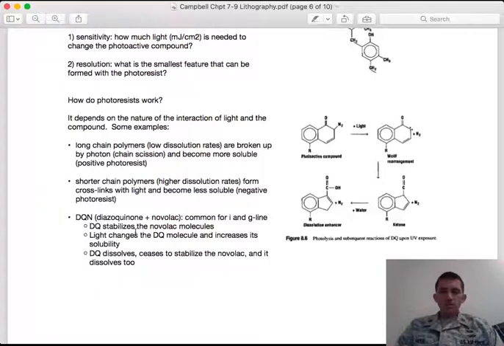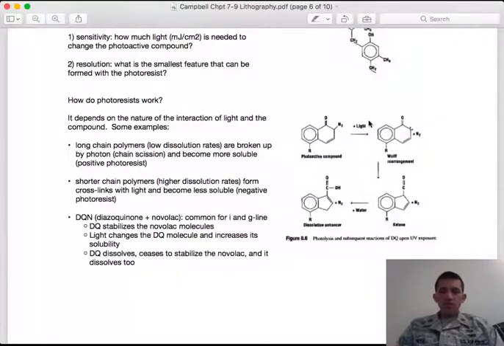A common system, and one that illustrates another way of building a photoresist, is this DQN system. So this is diazo, quinone, and novolac. Novolac is a resin, and diazoquinone is the stabilizer. So this is the photoactive compound. And there's a solvent in there too, but we don't worry so much about that. So you have these novolac resins and you have this DQ photostabilizer. And this is a positive resist